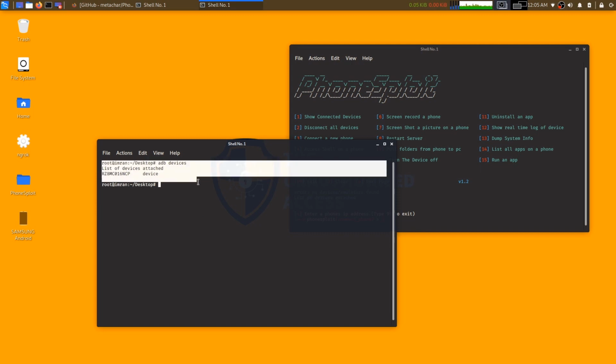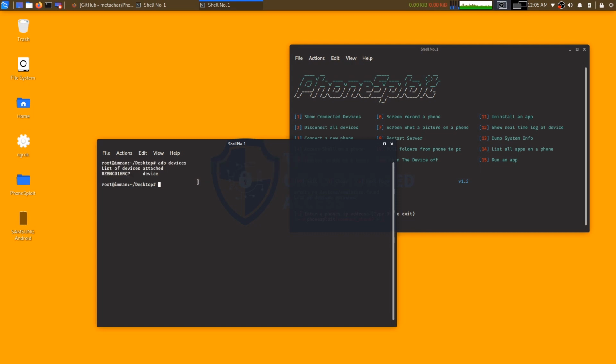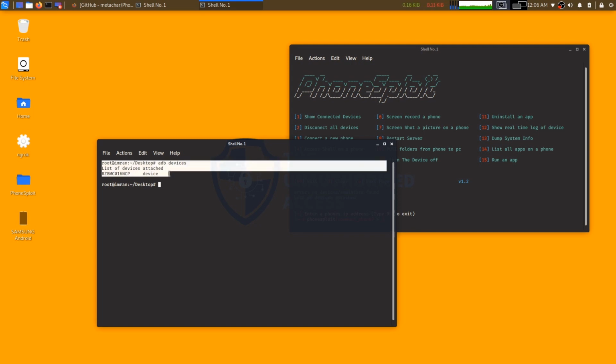For this to work, you should enable USB debugging in your mobile. To enable USB debugging, you should first unlock the developer options on your mobile. To do that, you should tap on the build number three to five times. Then you automatically get a message, you are now a developer. After going into the developer settings, you can enable the USB debugging option. After you enable it and connect your mobile to your PC, when you list the ADB devices, you can see your mobile under the ADB devices list.